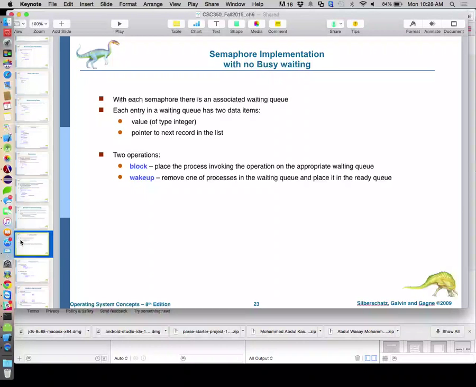Okay. So we have two different ways we can work with semaphores. I mean, the semaphore itself doesn't change. A semaphore is a semaphore. It's just an integer. It's not that complex. Atomic increment and decrement. But now if we think about it from the process's perspective, the one who needs access to that resource, how does he check on that semaphore? How often does he check on that semaphore to see if the resource is freed up?